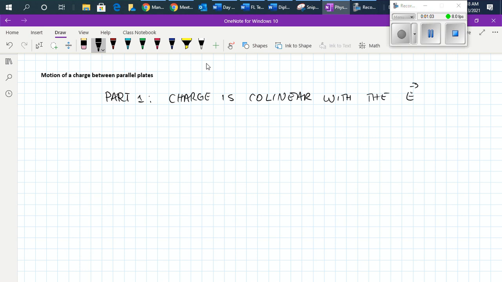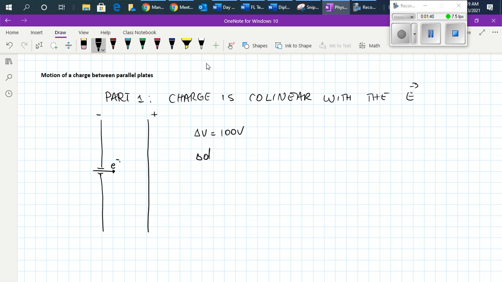Okay, so let's suppose that we have two parallel plates that look like this, that have a hole in one of the plates. This is the negative plate and this is the positive plate, and an electron is just entered, released through the hole in this situation, parallel plates. Now the change of voltage between the parallel plates is 100 volts,